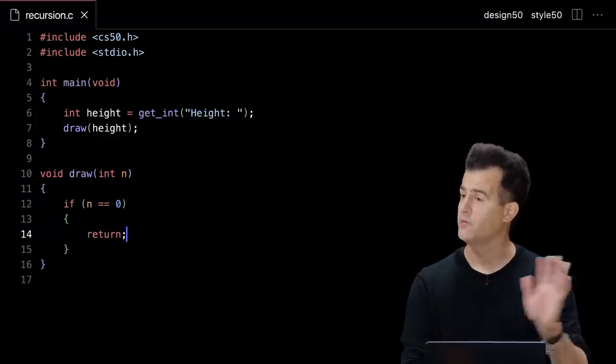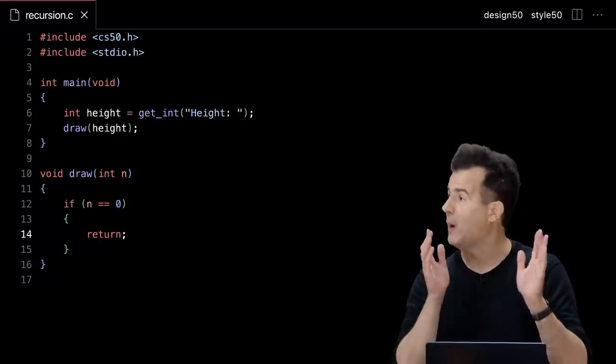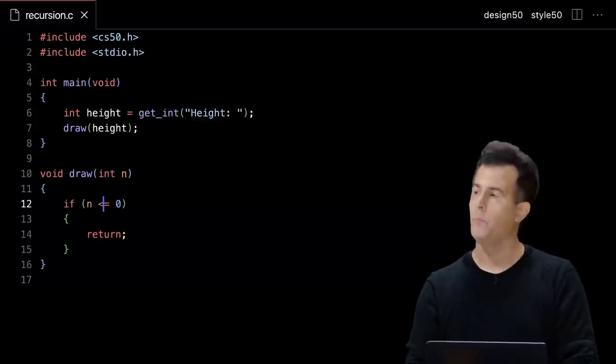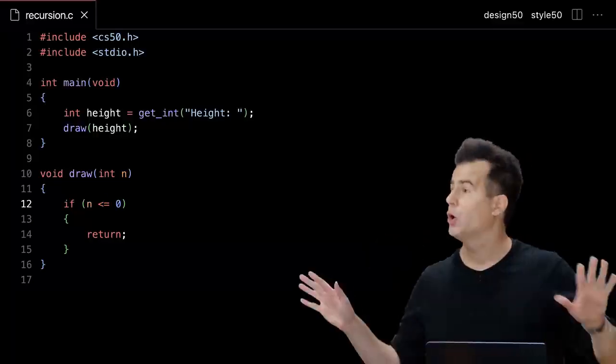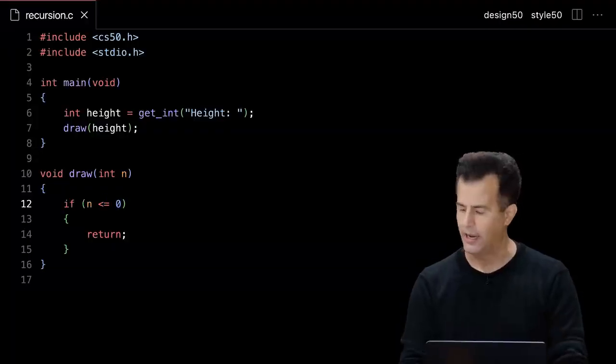Don't return a value because it's void. Don't print anything. If you want a pyramid of height 0, you got it. I don't have to do any work whatsoever. If I really want to be careful, I can say if you somehow do something crazy like give me a negative number, I'm also not going to do anything because that makes no logical sense. But that's just more of a finer detail.